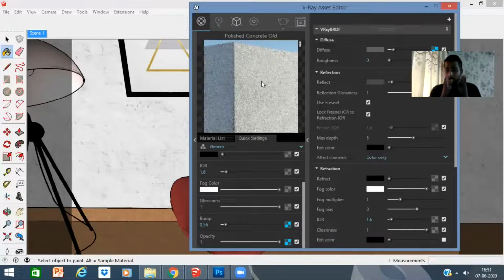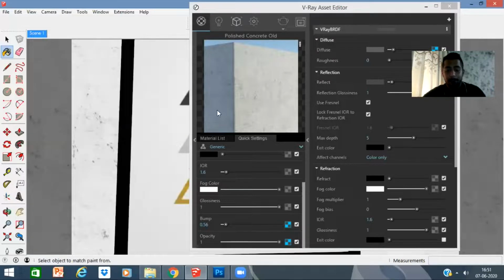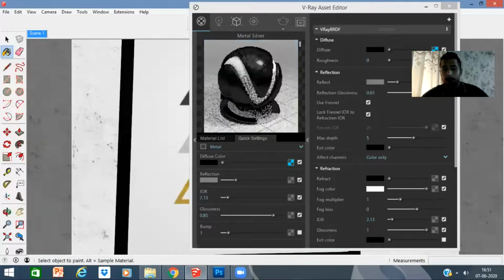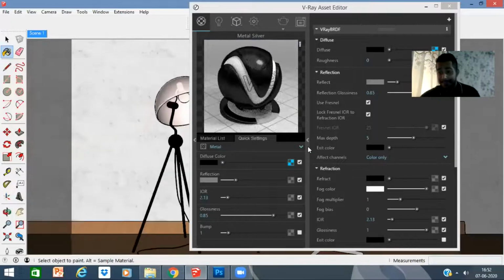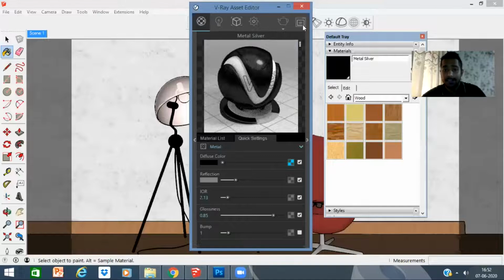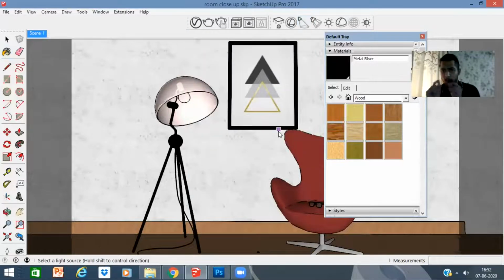Okay, so that kind of grains, that kind of granular feeling, that kind of 3D look can only be achieved when you edit the displacement map as well as the bump map and edit your reflection properly. All right. Now I'll come here and I'll select this frame, and you can see this frame is also a reflection over here. So guys, these are basic settings of V-Ray, right? I've shown you how to set even the lightings. All right. So I'll close this and I'll select a spotlight over here now, guys. I'll just show you one of the lights as well, how to set up a spotlight.